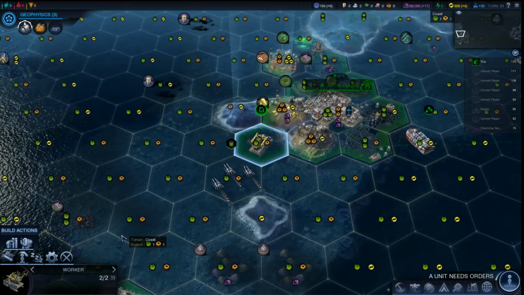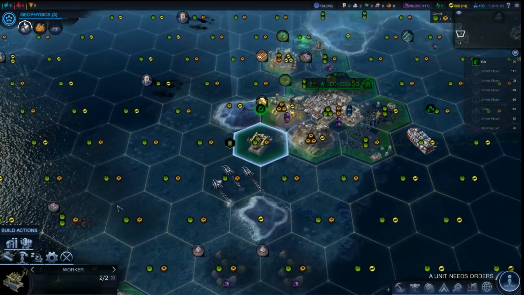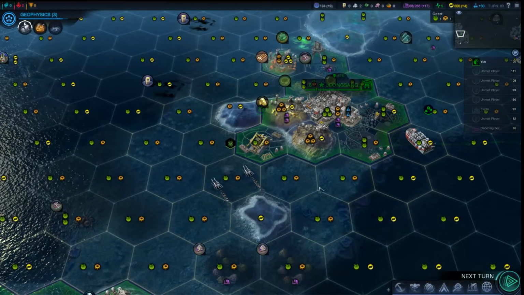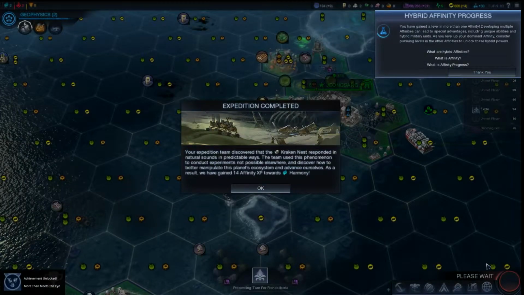Okay. And what were we going to do here? I guess a farm? Yeah. Got to grow those cities, and we can always...